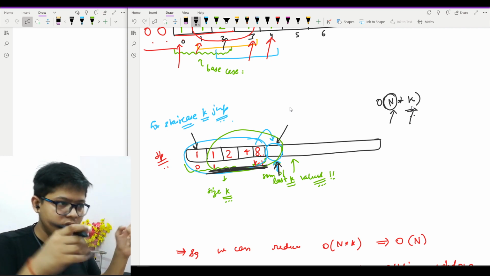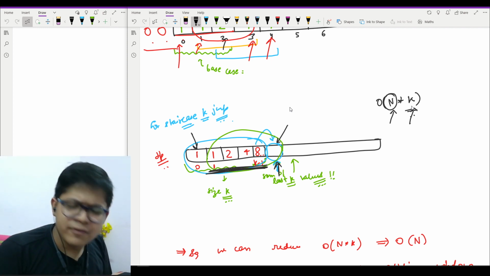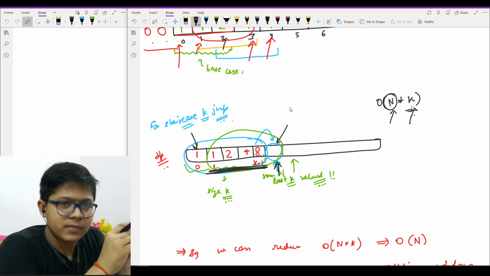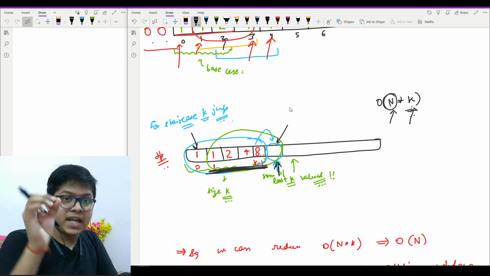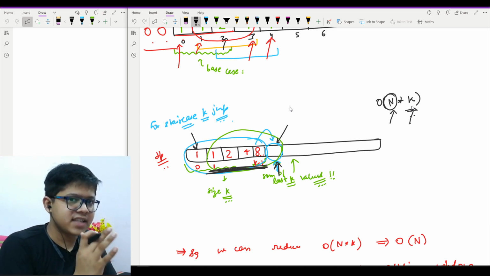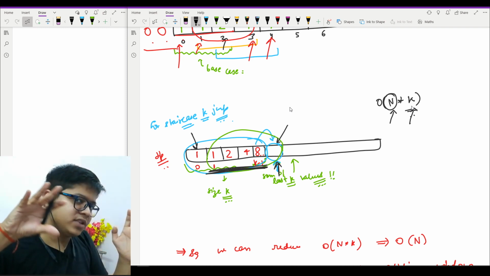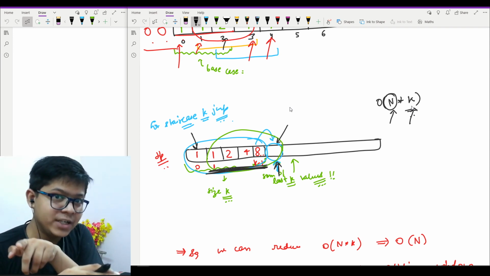So I will have to add these k. But if you see more clearly, then by anyhow I can reduce it. See, what I'm doing right now is I am on the ith step and I will take the last k sums, last k elements, and I will add them to find the answer for the ith step, and I will do it for every n steps. So it will be n into k.